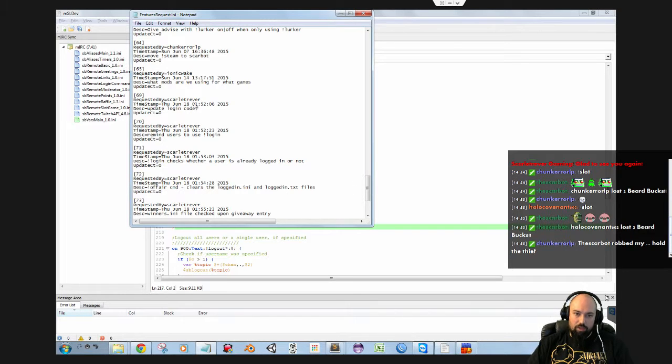Right now, we're obviously looking at a text file. This is just feature requests, and we're doing some updates here. So anyways, the update on this was going to be